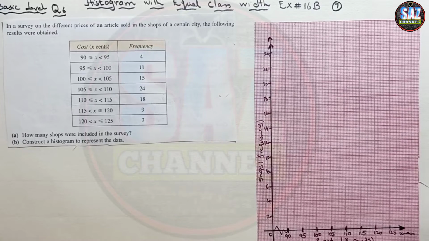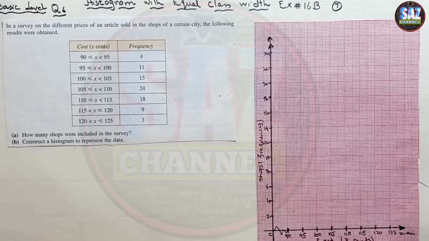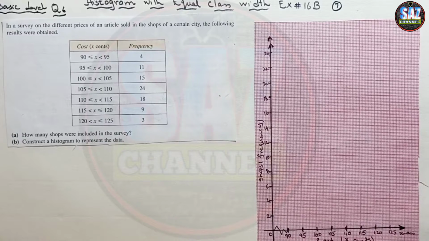So, what is class width? What are the class limits and boundaries? And when to construct the class boundaries, and when the class limits and class boundaries are the same. These are the points that have to be really clear to all of my students before moving to this lesson and the next lesson, because all of the lessons of mathematics are integrated with each other. If one lesson is not clear, the next lesson will also be affected.